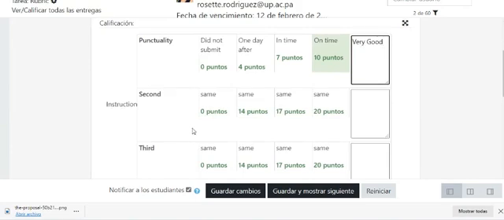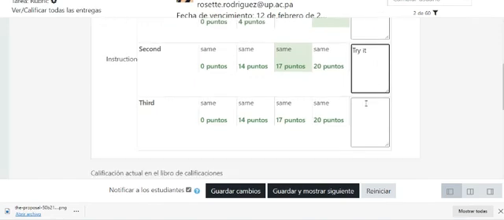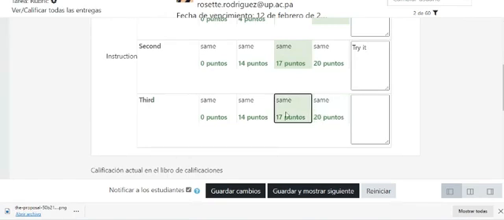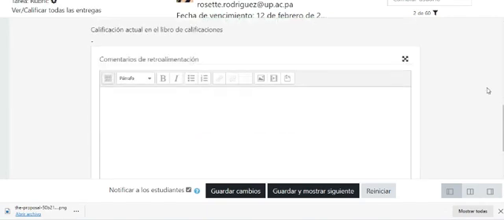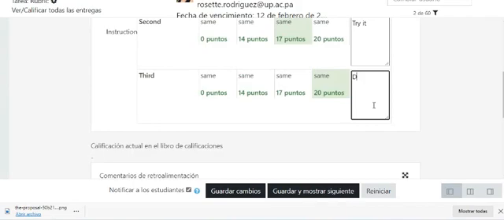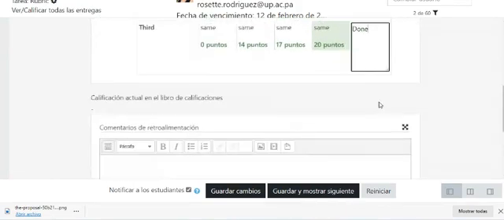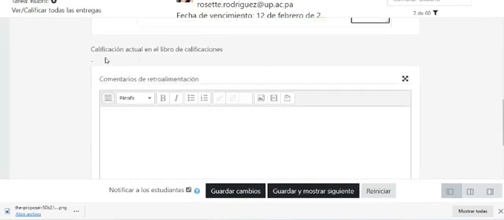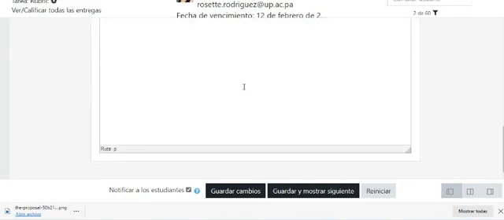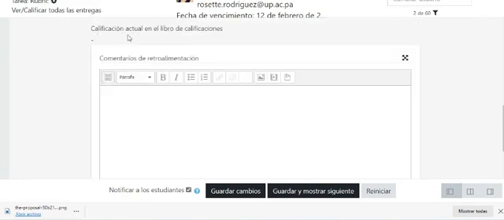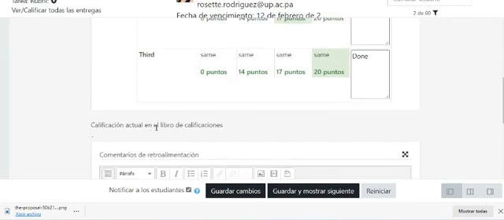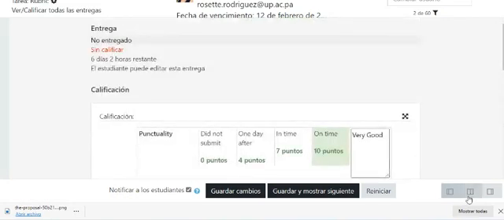Okay. And the second one, well, she got 17. Okay. Try it. Good. In the third one, she got 20, or 17, just clicking here on the criteria, you get the grade. So when you have finished, say down some comments in here per criteria if you want. If not, just checking here. Well, then you're going to evaluate in the book here. Make comments. Oops, I forgot when I checked something here that I need to check here because Rosette hasn't uploaded